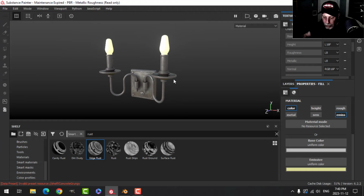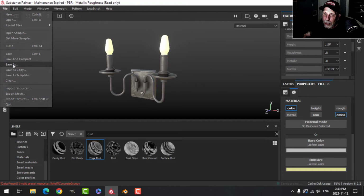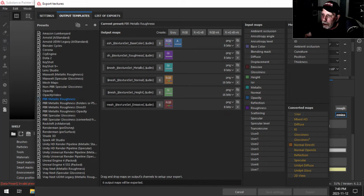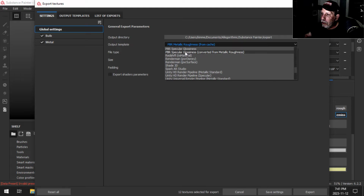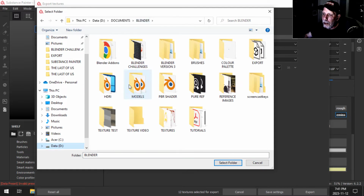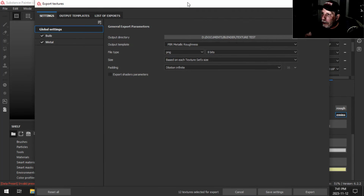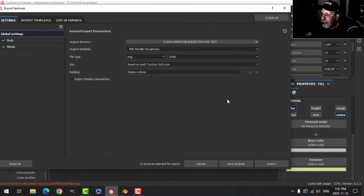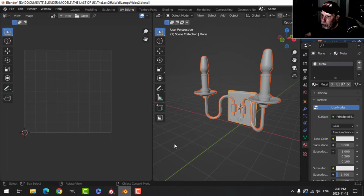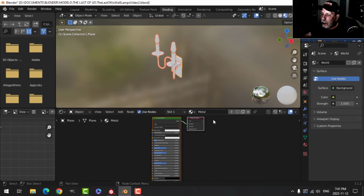So what I'm going to do is we would save this. So let's save that just like that. And now I can export this. I'll come to export textures, and for the output templates, if I look at PBR metallic roughness, I've got emissive in there. So that's the one I'm going to use. So I'm going to switch this to PBR metallic roughness and export. I'm going to bring it into texture test, and I'm ready to export. I'll do it at 8 bits. I don't need high quality. There those are. So let's come over to Blender and the shading tab, and with metal selected, Shift Ctrl T,